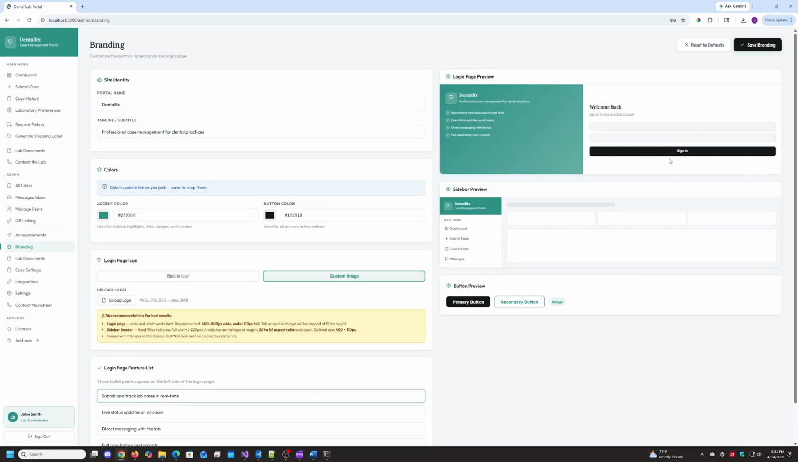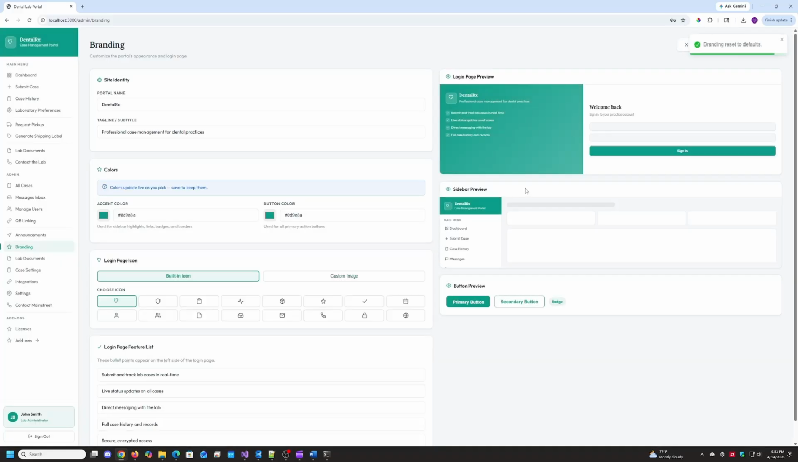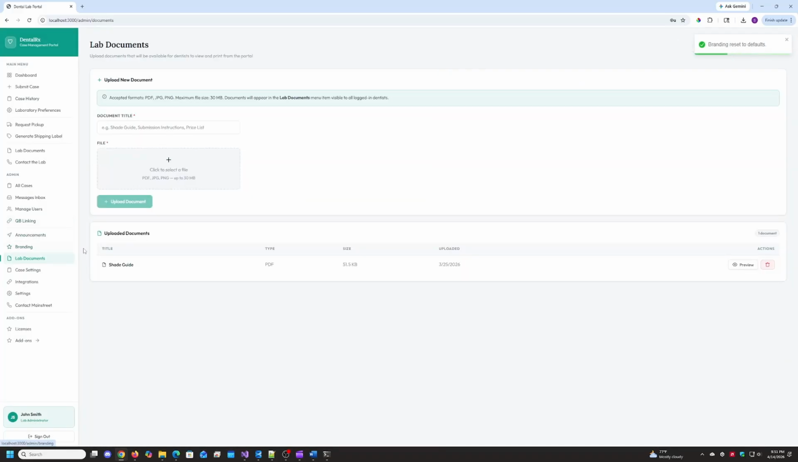At the top right is a Reset to Defaults button, which will restore all branding settings to the original DentalRx defaults. Lab Documents lets you upload files that all of your doctors can access, shade guides, material references, policy documents,